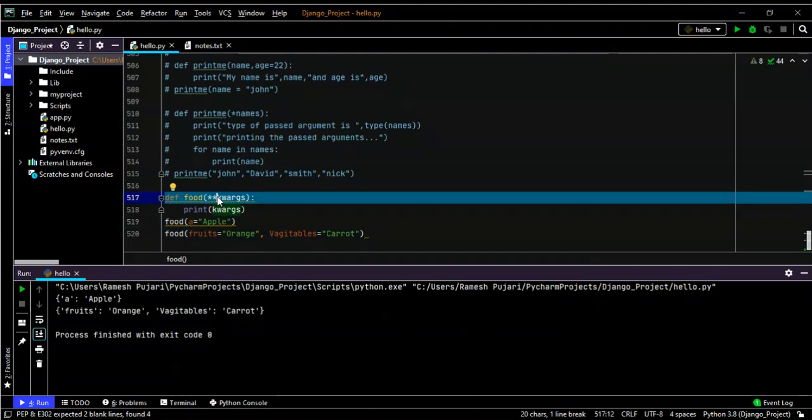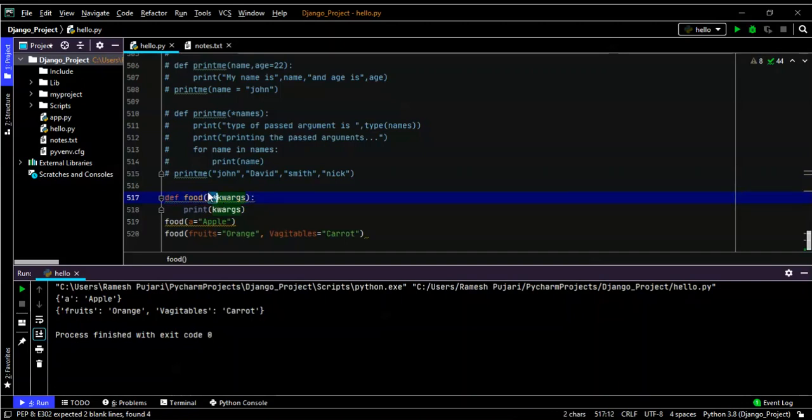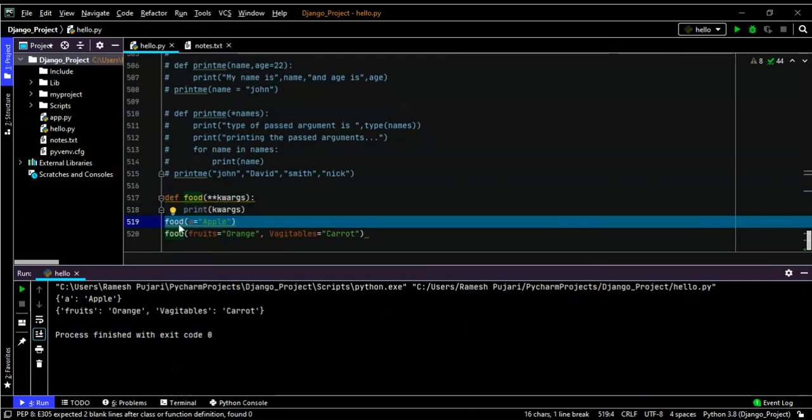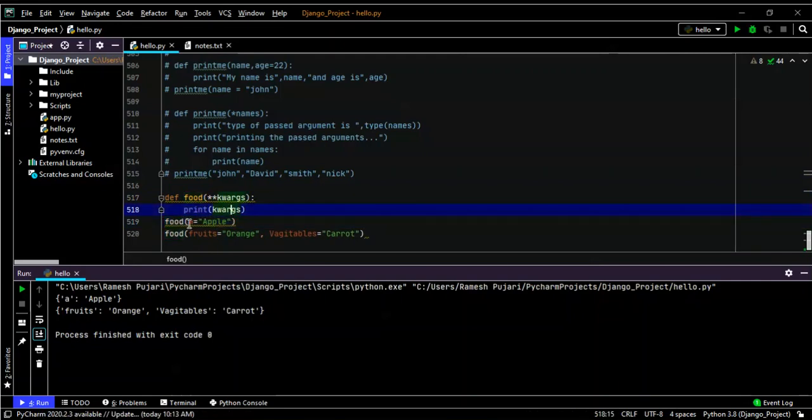For keyword arguments, we have to use the double asterisk, and for variable length arguments, only one asterisk is enough. Now I'm declaring food as the function name, and I'm passing the double asterisk keyword arguments. In this statement I am printing the keywords. I'm calling the function food, and it will take whatever values we pass.